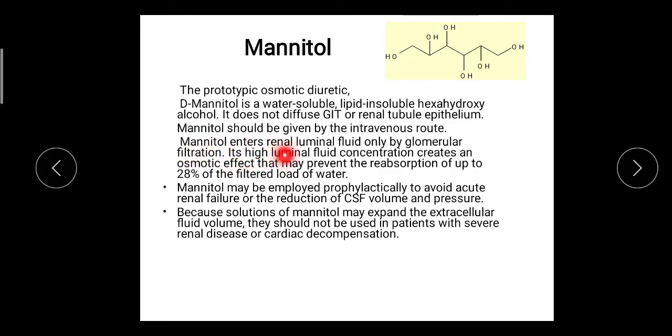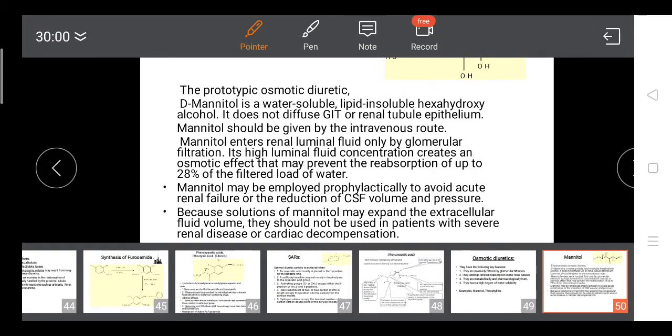Mannitol enters the renal luminal fluid or tubular fluid only by glomerular filtration, and in this way it increases the concentration of the renal luminal or tubular fluid. Because of the increase in concentration, it increases the osmotic pressure, and it inhibits the reabsorption of water from the renal tubular fluid into the blood. With more mannitol present in the tubular fluid, it generates osmotic pressure, and water from the tubular fluid, I will explain